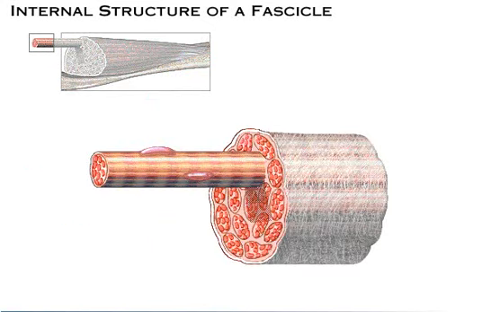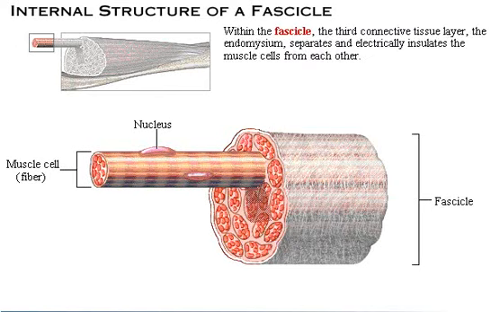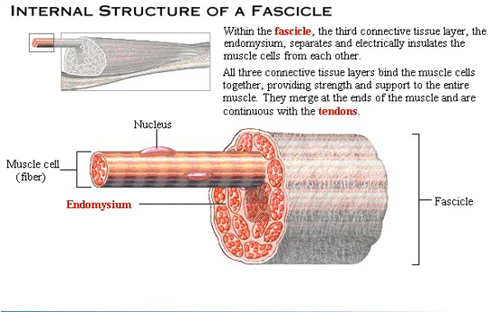This view provides a closer look at the internal structure of a fascicle. Recall that fascicles are bundles of muscle cells. Within the fascicle, the third connective tissue layer, the endomysium, separates and electrically insulates the muscle cells from each other. All three connective tissue layers, the endomysium, the perimysium, and epimysium, bind the muscle cells together, providing strength and support